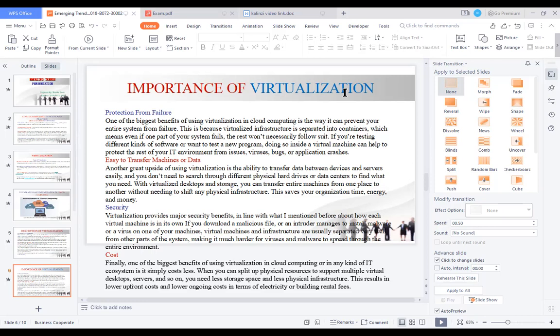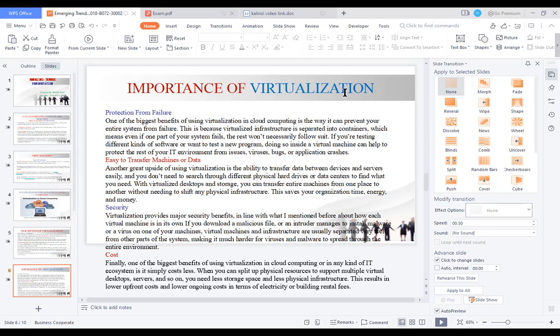If you download a malicious file or unintentionally manage to install malware or a virus on your computer, it means that once you enable your virtual machine and hypervisor services, you are also enabling your system to be secured from unknown resources that come to damage your system and programs at once.